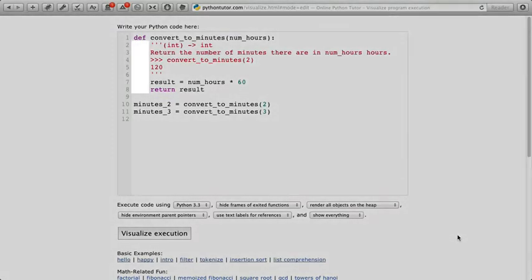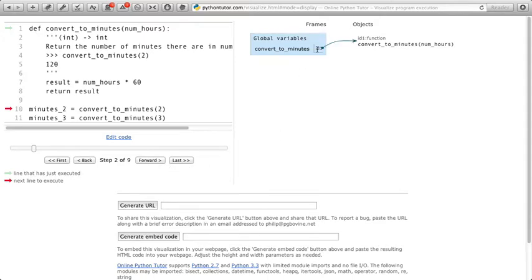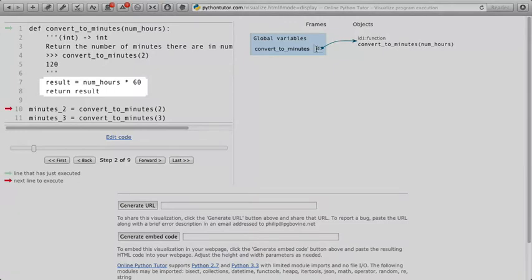Notice the indentation. All code belonging to a function must be indented, typically 4 spaces. Let's visualize what happens when we run this program. When we read the function definition, or rather when Python does, we see that a variable called convert_to_minutes is created. It contains the memory address of a function object. That function object contains all information about the function, including any code that needs to be executed, the parameter, and